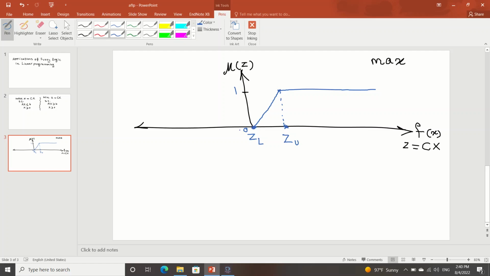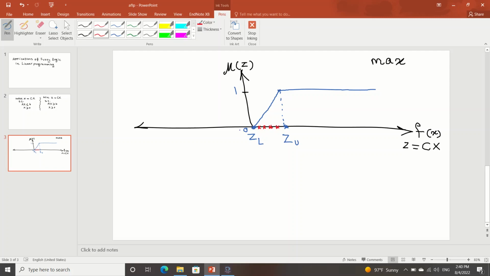As you see, the deviation can be localized in this point, and this point. So we receive Z lower, and this cannot be less than lower of Z, because the violation or the deviation is defined between ZL to ZU for maximization of Z in structure of fuzzy linear programming.